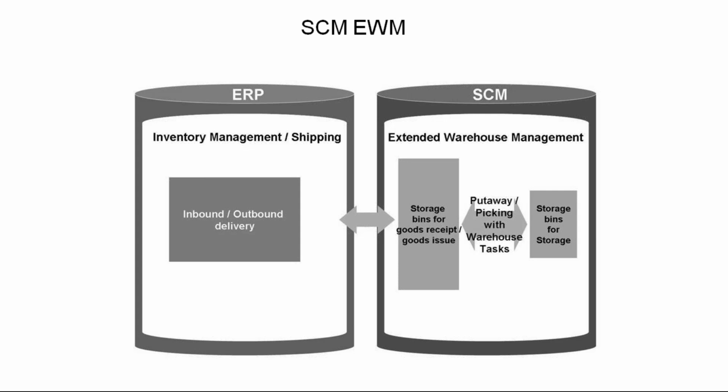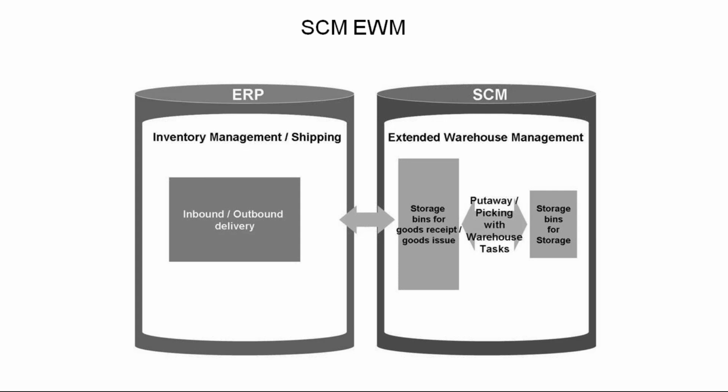The master data is your material master, vendor master, customer master, or any other master data that you would like to use in EWM. We need to transfer this data from ECC to the SCM server. That's one thing. Next is transactional data, like deliveries. EWM works only with deliveries. Without deliveries, you will not be able to work. So we need to create a delivery, which can be an inbound delivery for receiving and an outbound delivery for shipping. Once the inbound or outbound delivery is created, this data should also be distributed to EWM. For that, we need to maintain the same kind of distribution model that we maintain in decentralized WM.